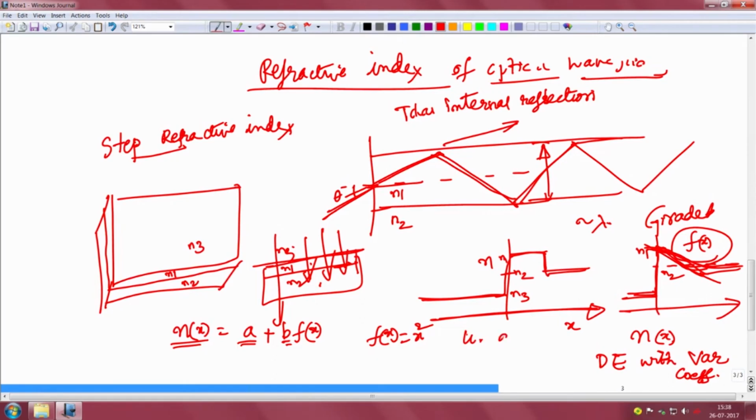So, you can have a linear variation of the refractive index, f of x equal to say a x plus b. You can also have a parabolic refractive index variation or exponential, and whatever way you like. And on similar lines,